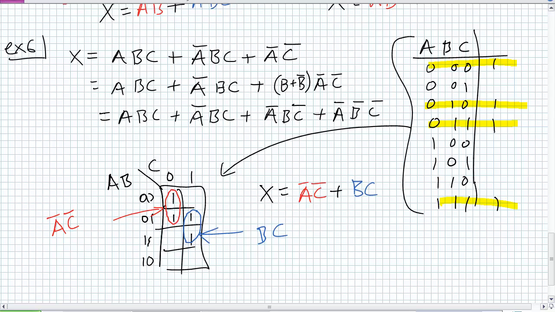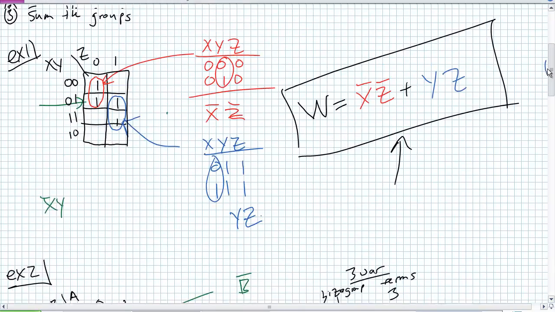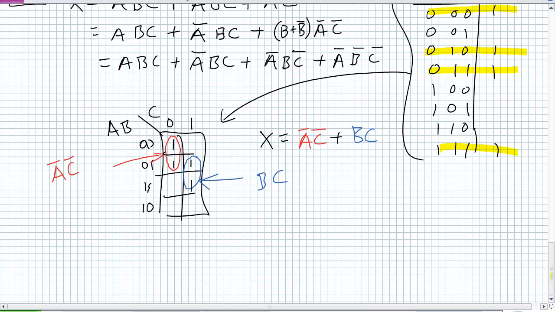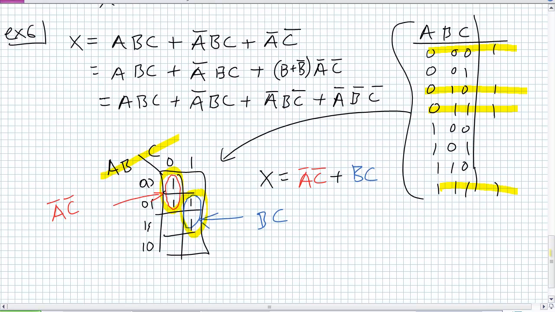Does this look familiar? Does the work of this thing look familiar? Well, it's example 1 up here. We came up with the expression not X and not Z, this one, ORed with Y and Z, that one, because it was called X, Y, Z. Example 6, we came up with not A and not C, ORed with B and C, because it was called ABC. Okay, so there's a finite combination of these things that you can possibly get. It's just the names of those variables. It doesn't really matter what the names are. You should come up with kind of the